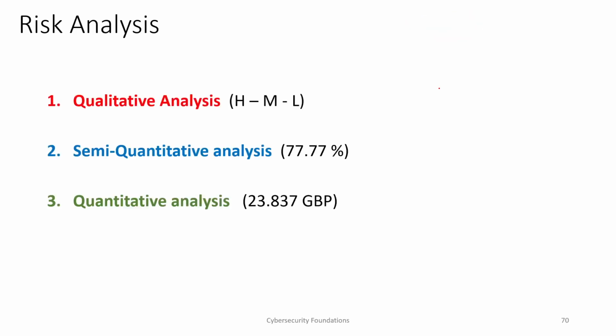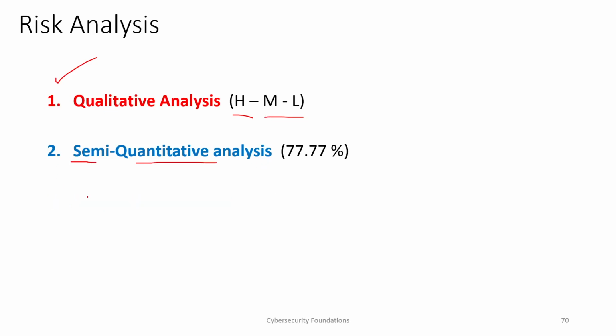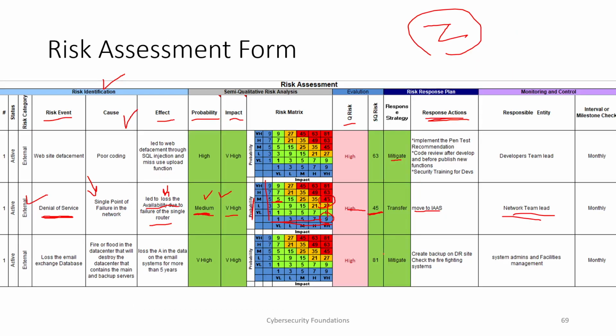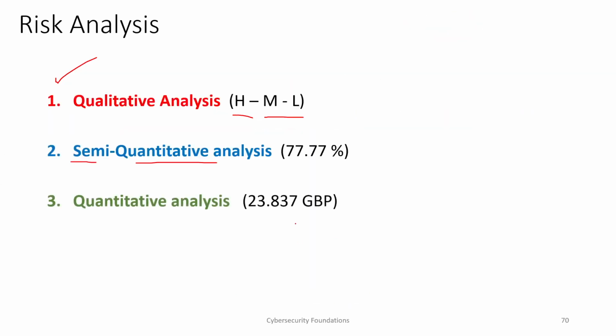Risk analysis, as I mentioned, can be qualitative, that's based on high, medium, and low, or it can be semi-quantitative, which is like the way that we were discussing right now. This assessment method is called semi-quantitative because it is not purely quantitative, since it does not generate the value in money, but it generates a value in a quantitative form that can help you represent it in a heat map or in a graph or something like this